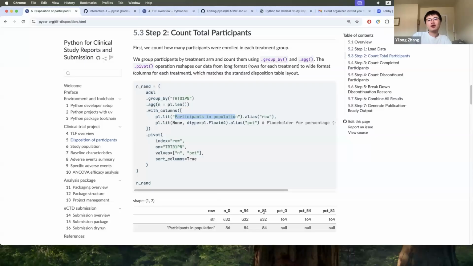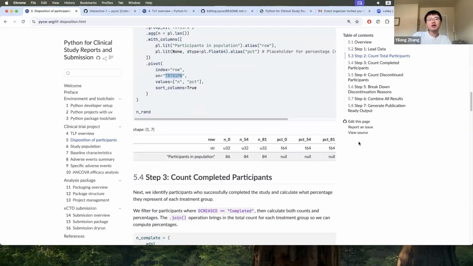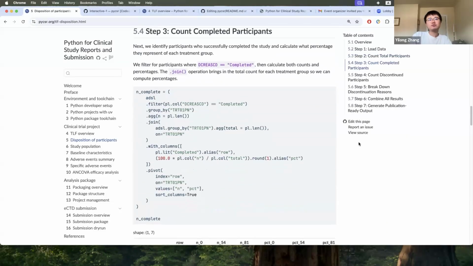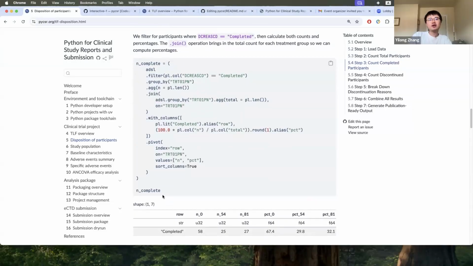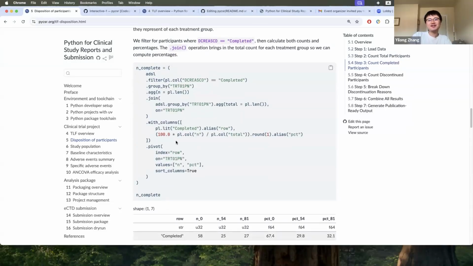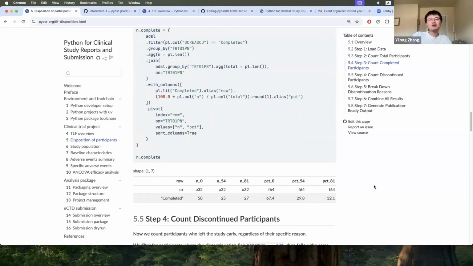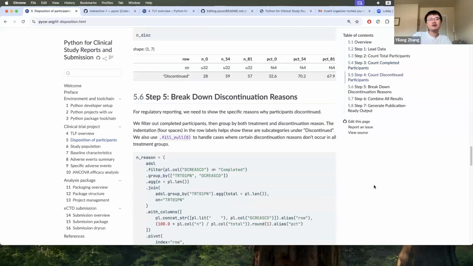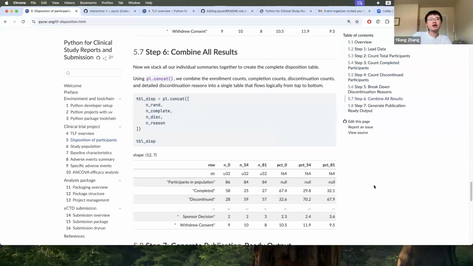So we're using 0, 54, and 81. That's how the sort is enabled for the treatment group. And this can be formatted as needed when we go to the final production table. That's how you can see the TRT01PN is used here instead of the direct string. Also, similar idea, we can repeat the same procedure to do the count table. Because this is the first table, you can see a lot of duplicate code. And in the next one, let's test a bit more how to develop functions and make it easier to maintain, right? So assuming we get all the count tables, let's just jump into the combine all.